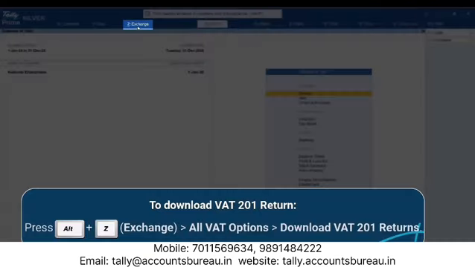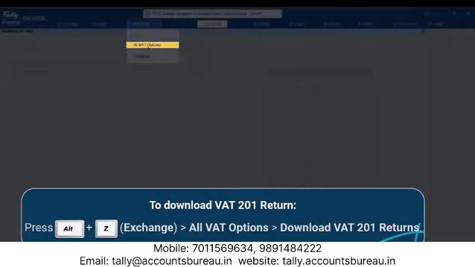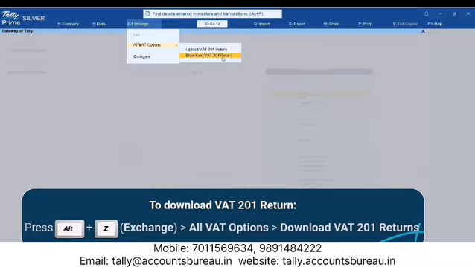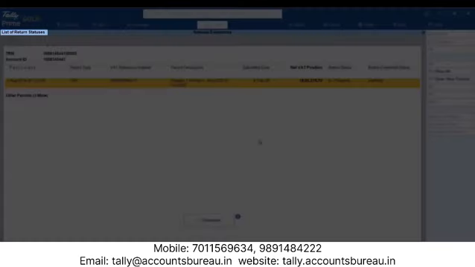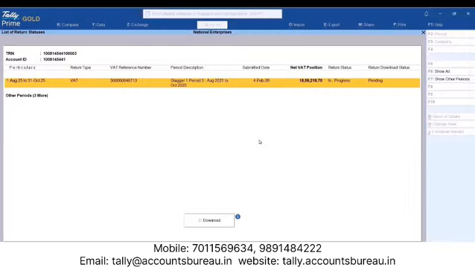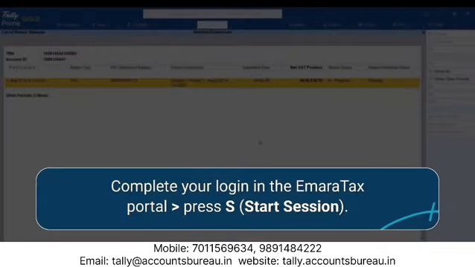Press Alt-Z, All VAT options, and select Download VAT 201 return. If you are already logged into the Emara Tax portal and the VAT session is active in TallyPrime, the list of return statuses screen appears directly. If not, log into the Emara Tax portal when prompted, then press S, Start Session, to start the VAT session